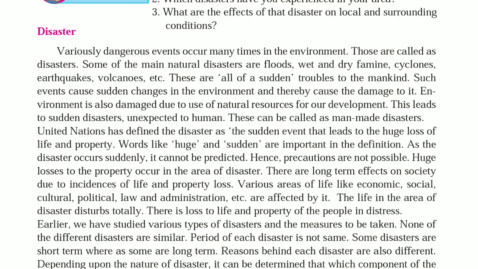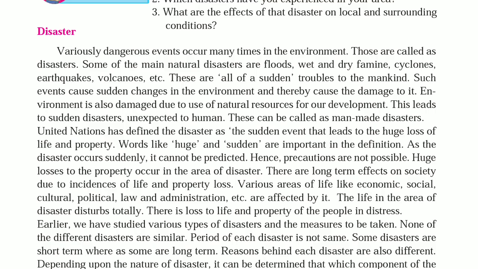Some such events cause sudden changes in the environment and thereby cause damage to it. Environment is also damaged due to use of natural resources for our development. This leads to sudden disasters, unexpected by humans. These can be called man-made disasters.